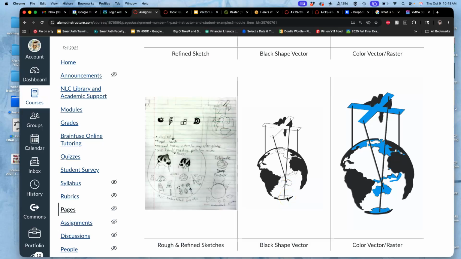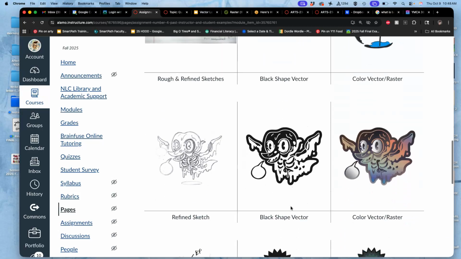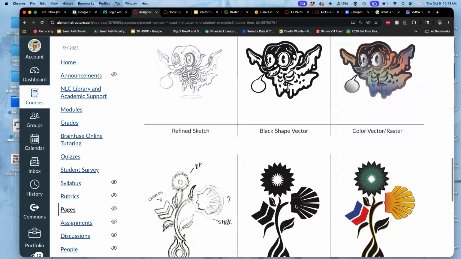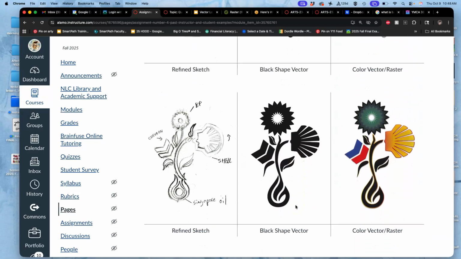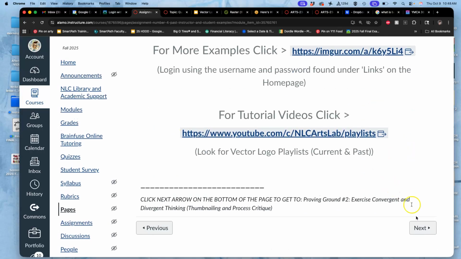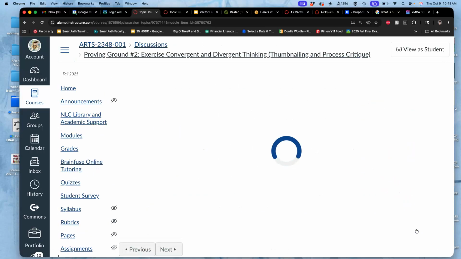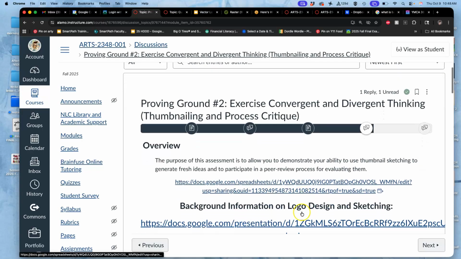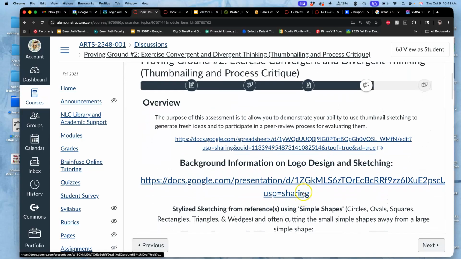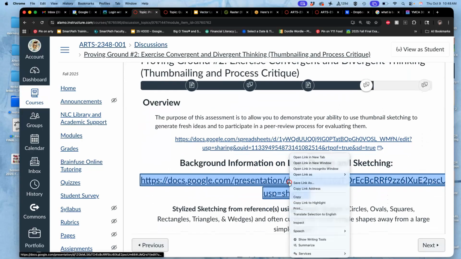Our theme is an Earth Day achievement badge. You can approach that in any way you want, right? And it needs to work in both black and in color. Now, in order to get the refined sketch, we're not just going to take our first idea. We are going to try to really improve the approach, because logos, as we talk about in this,